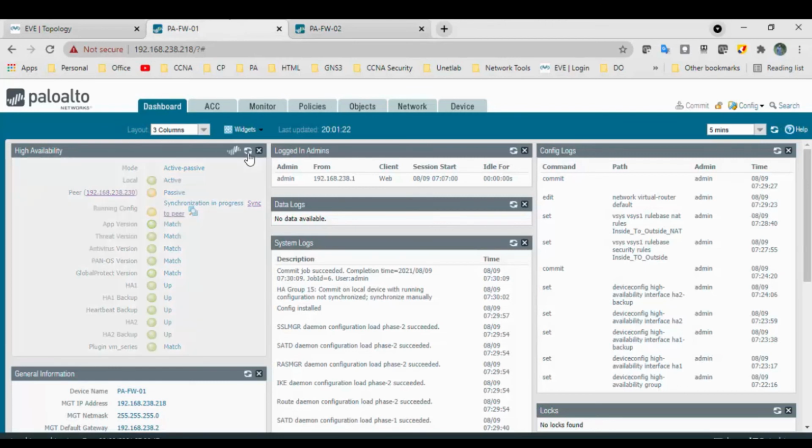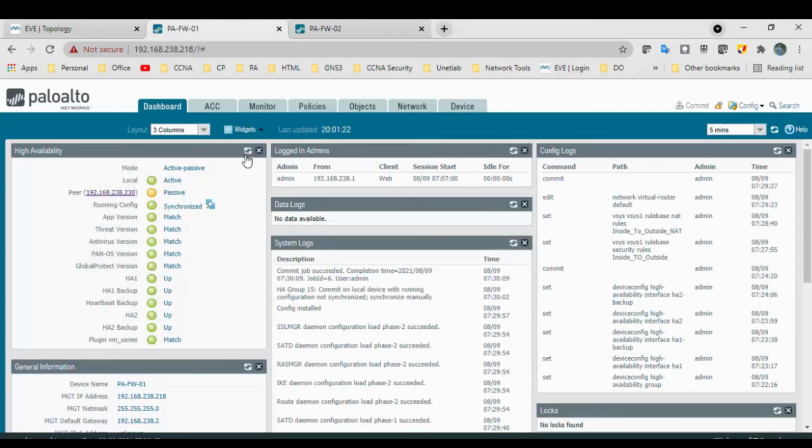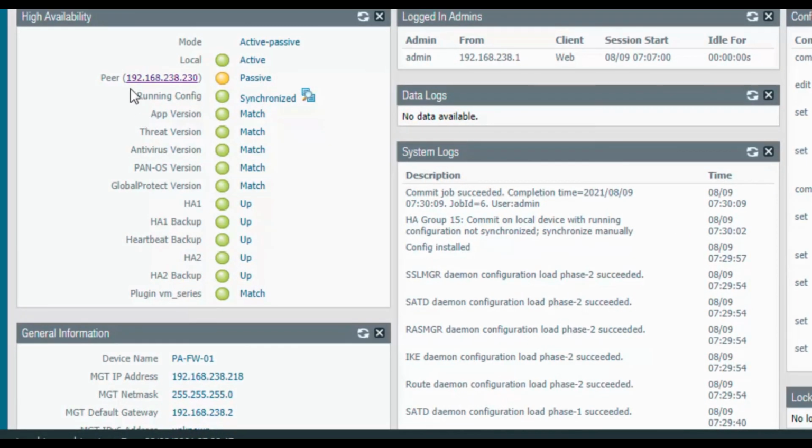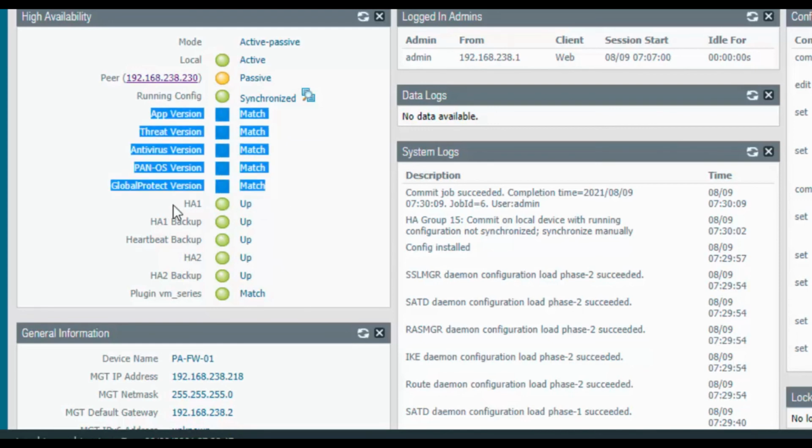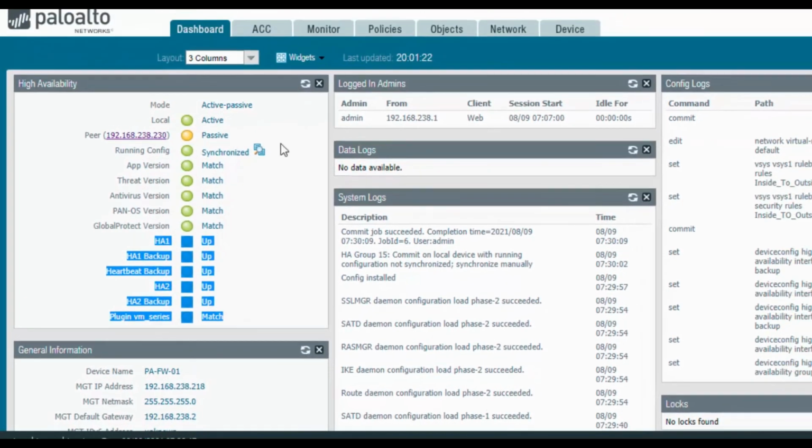Still it's in progress. Okay, the synchronization is completed, and you can see both the firewalls have similar configurations, app versions, PAN-OS versions, global product versions, and HA. So that's what is saying as a match, and it's showing HA1 is up and running.